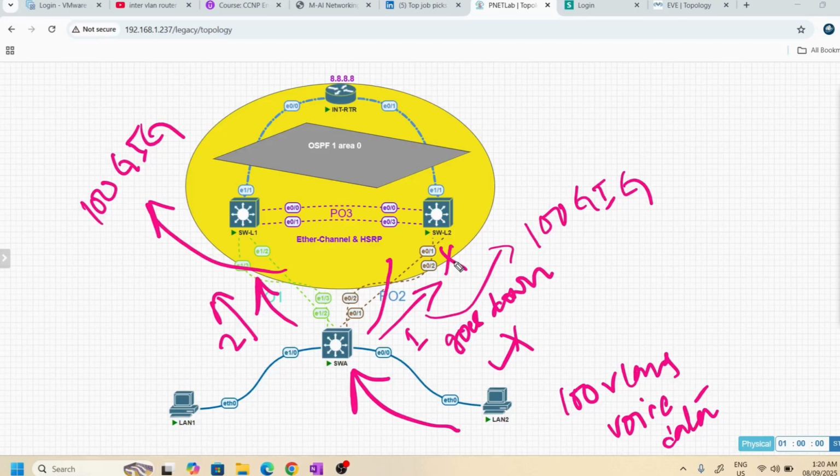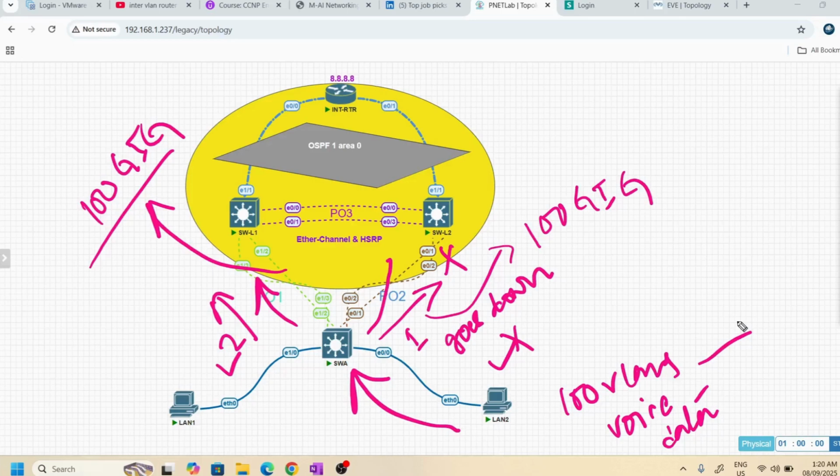The 100 VLANs of users now take the path via link 2, which has only 100 gig, and that bandwidth is not enough.